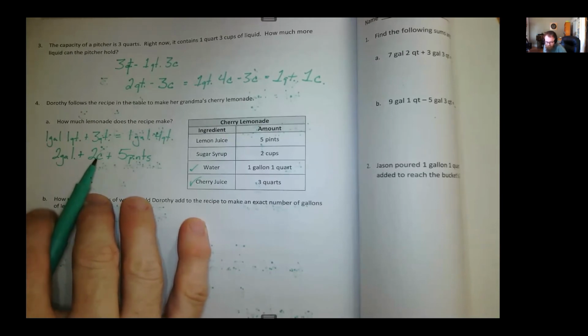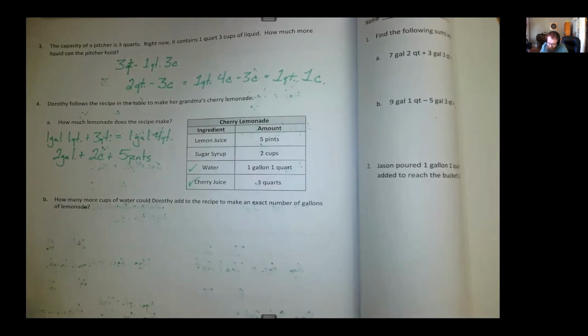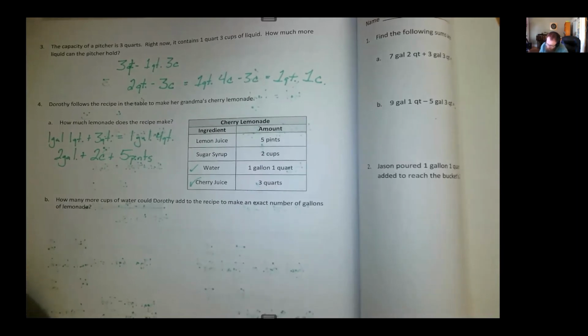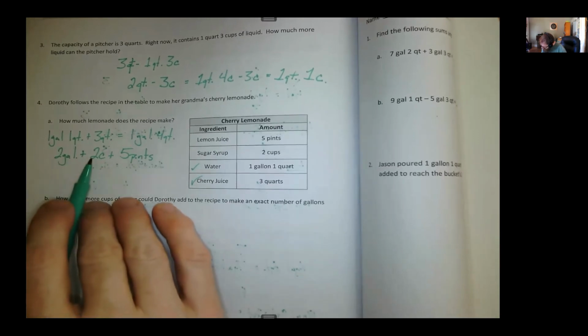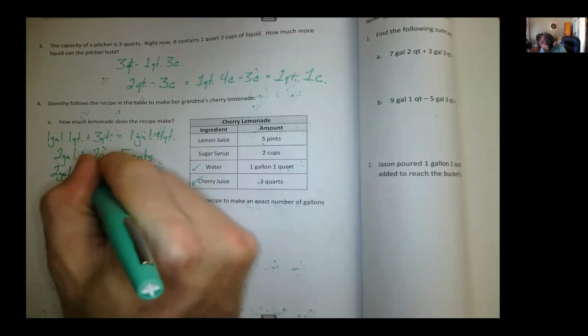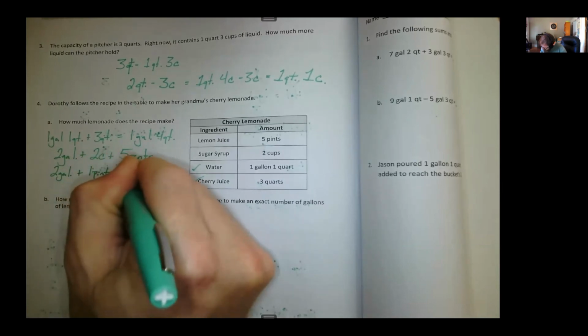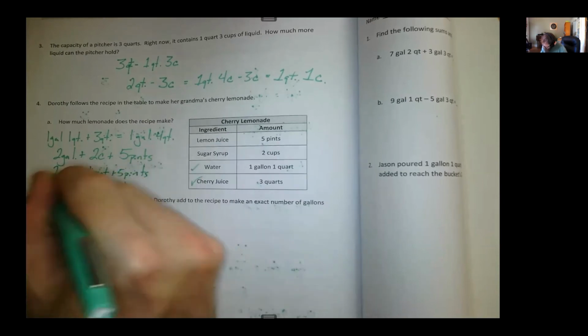If we look at our conversion chart, 2 cups equals 1 pint. So we can rewrite this as 2 gallons plus 1 pint plus 5 pints, or 2 gallons,